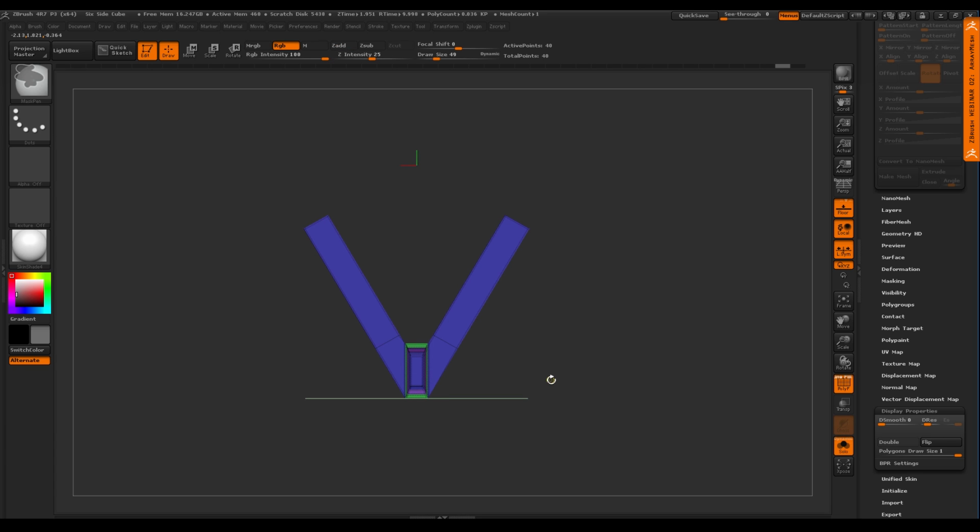Here's a nice little trick for you guys. If I want to slice, but I don't want to change the polygrouping, you could mask off the whole surface or the part that you're slicing, which I'm doing by holding down the Control key and then tapping on the document. Now if I slice, it'll still slice, but you see it didn't change the polygroup. So if I clear my mask, that polygroup never changed.